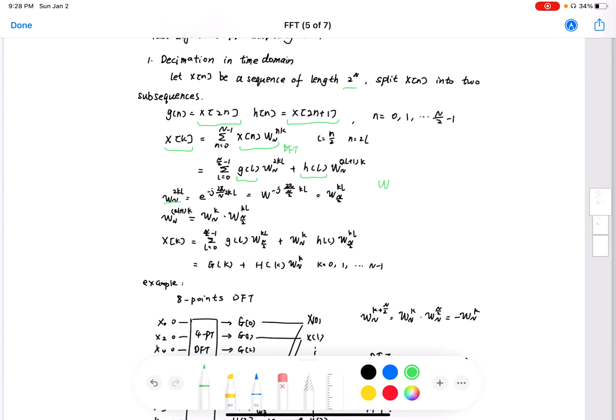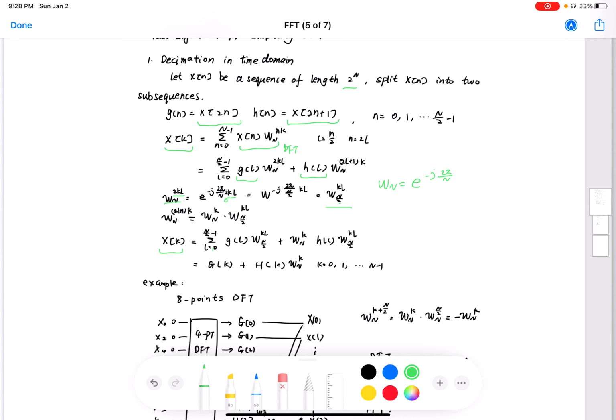to the power of minus j 2 pi over N. So omega N to the power of 2kl can be written by moving the 2 to the denominator in N, so we can write omega N to the power of 2kl as omega N over 2 to the power of kl. So we can rewrite X[k] equals the summation of